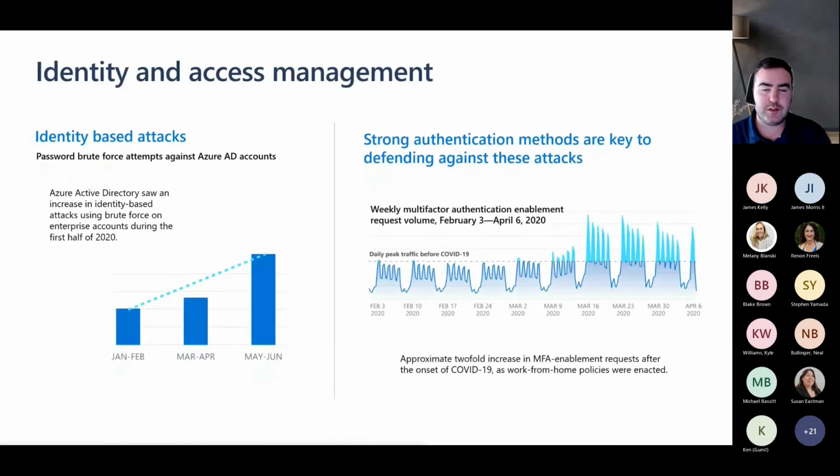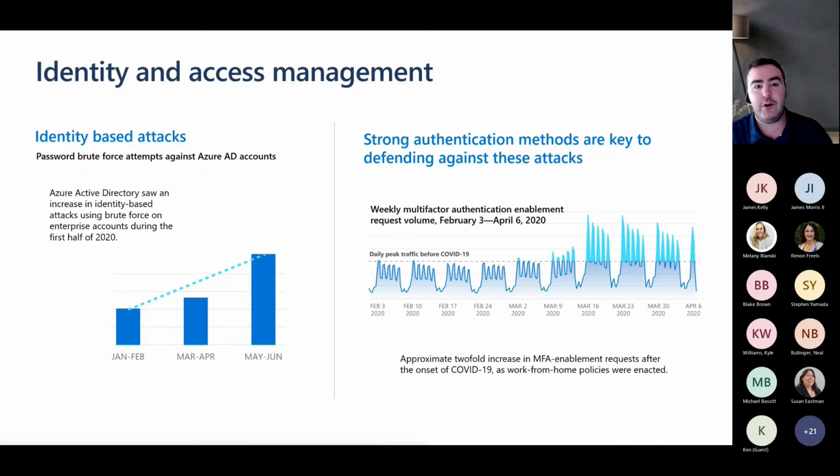And then beyond just the standard ransomware and email attacks, Microsoft is seeing a lot from the identity perspective as well. So identity-based attacks grew quite significantly during the first half of the pandemic. A lot of that because we were moving, and very quickly moving, to a remote learning, a remote work, or a hybrid learning, hybrid work mentality and kind of strategy. And a lot of the times we found that our customers, especially smaller customers, were not necessarily equipped to handle